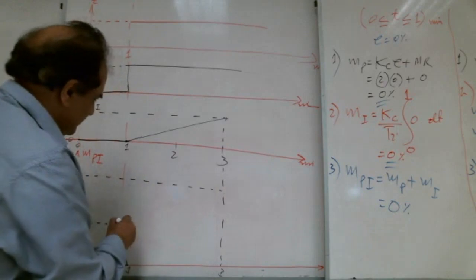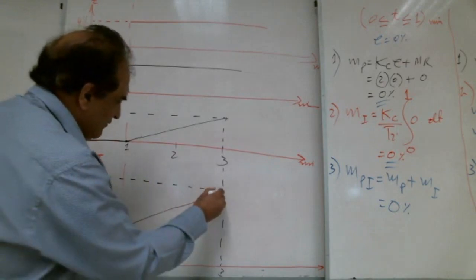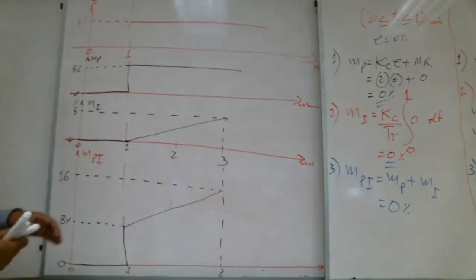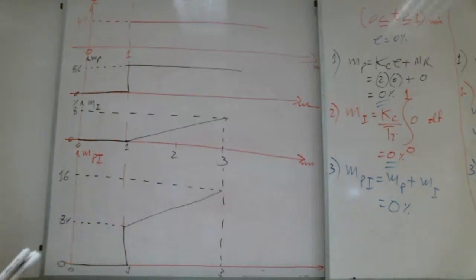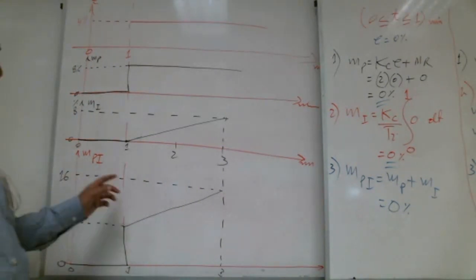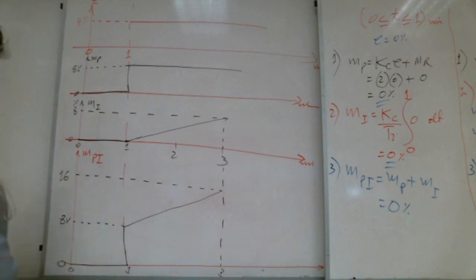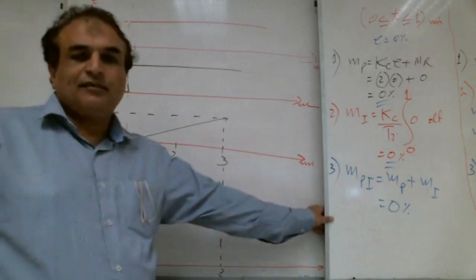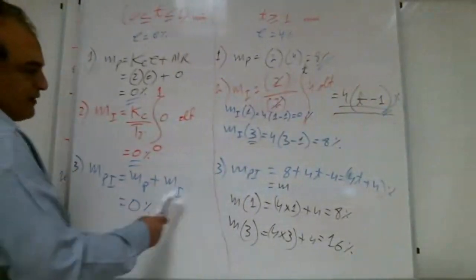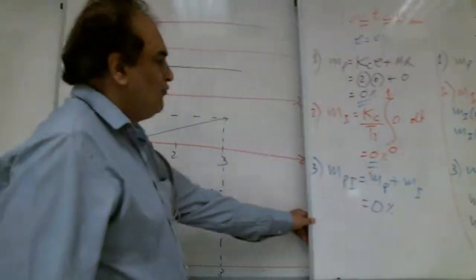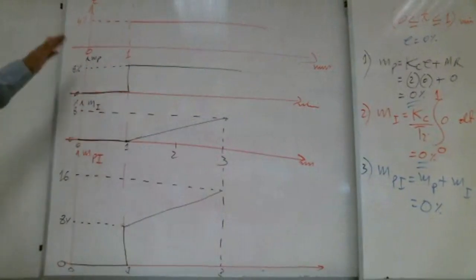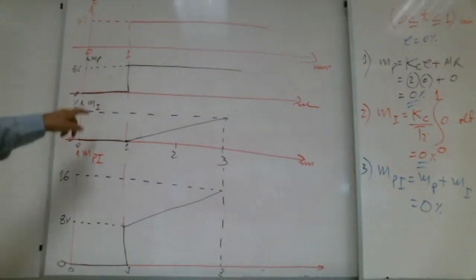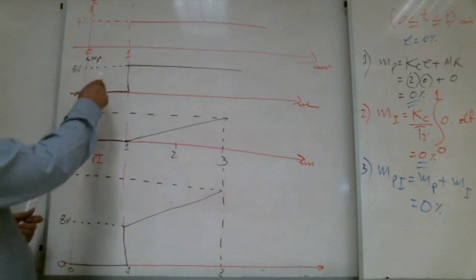Again, dotted line is just reference. It does not have any value. We just need to draw the solid line. Dotted lines are the reference. So this is our total MPI. Right, Shabab? We can get it mathematically after solving it, or we can get it also from here directly. This is MP, this is MI. See here, this MP, this MI.